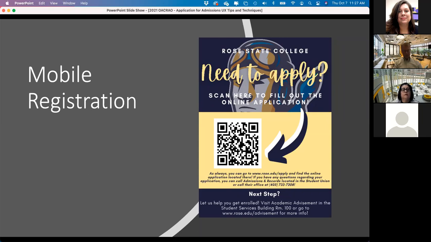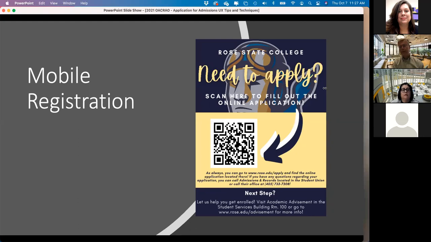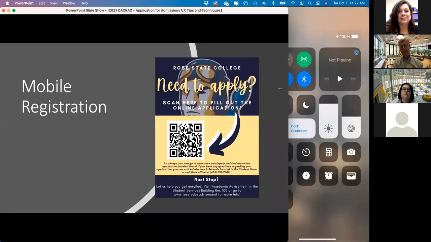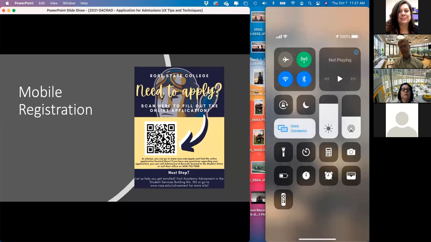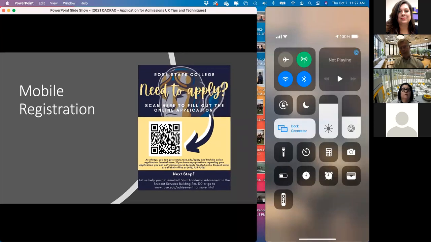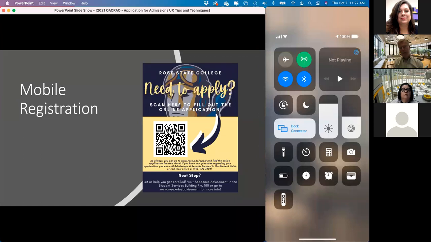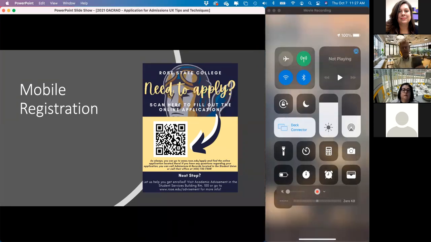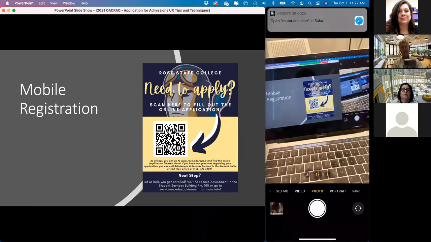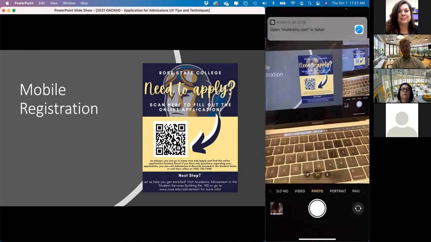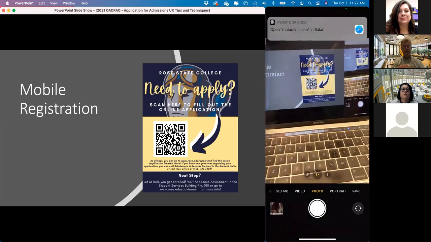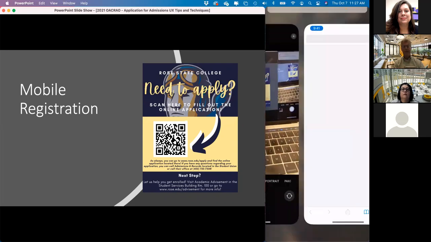So what I'm going to do is, let me resize this so that you can actually see my phone. So I have my phone to the right. It's running a little slow here. All right, close enough. So what I'm going to do is go to the camera, and you'll notice that the QR code here has actually identified that there's a hyperlink, and I can just click directly